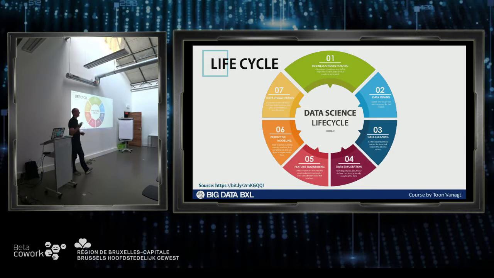So look at the license. Can you use this information for that purpose? The cleansing, step 3. That's where all the blood and the tears are flowing, because that's where you spend, as a data scientist, most of your time. So that's the part of disillusionment is in step 3.